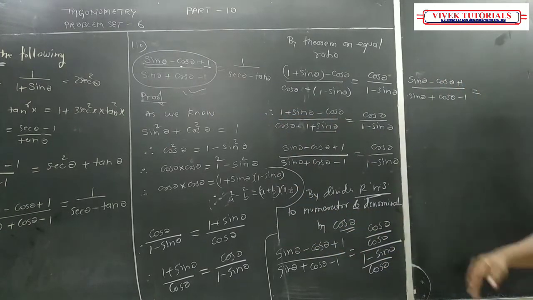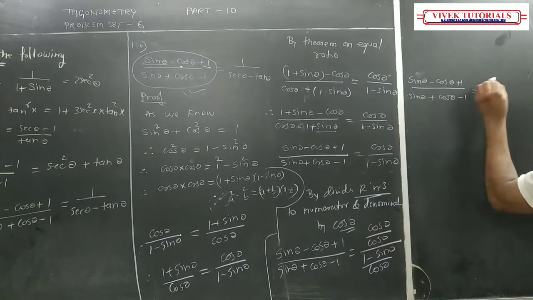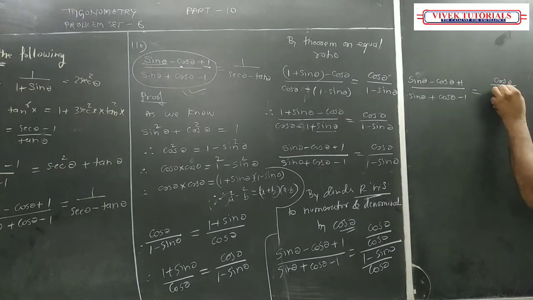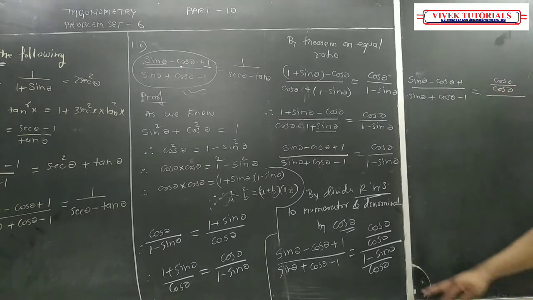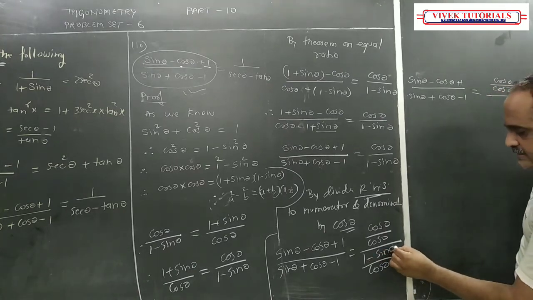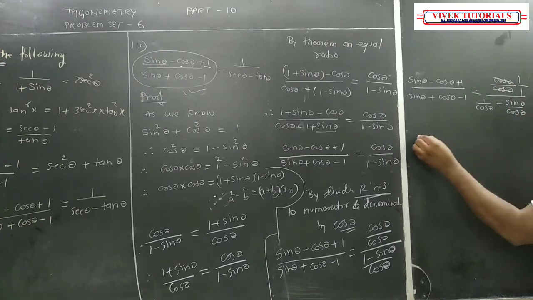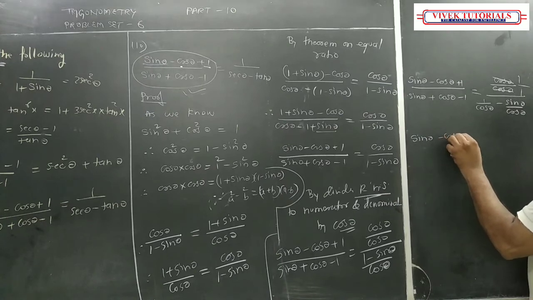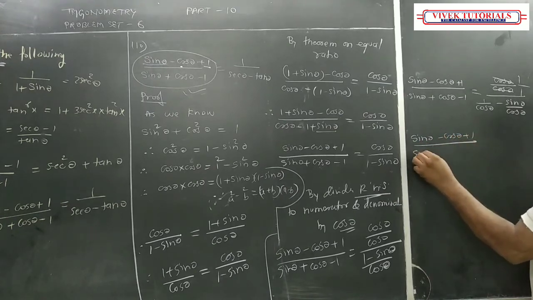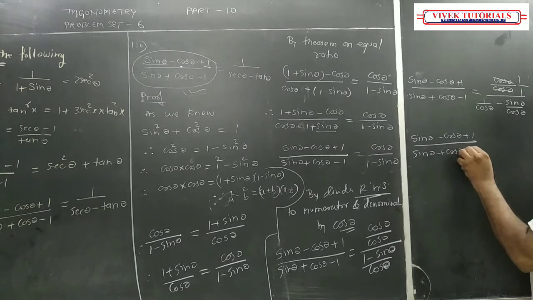Now see the right hand side. Cos theta upon cos theta, and here it is 1 minus sin theta upon cos theta. Correct? So it is the denominator of both, so I am just going to separate it: 1 upon cos theta minus sin theta upon cos theta. In this case, this is getting cancelled. So what you are getting is sin theta minus cos theta plus 1 upon sin theta plus cos theta minus 1